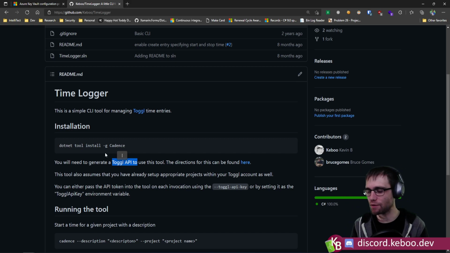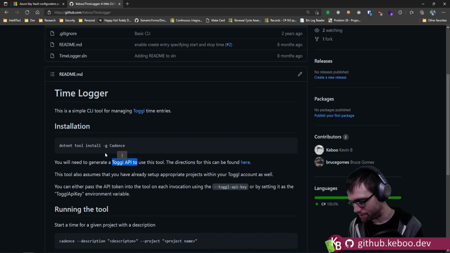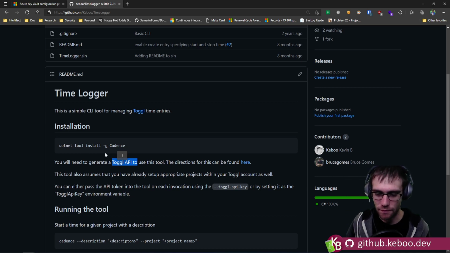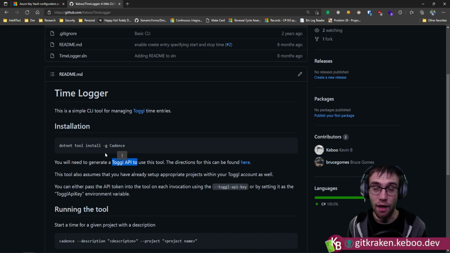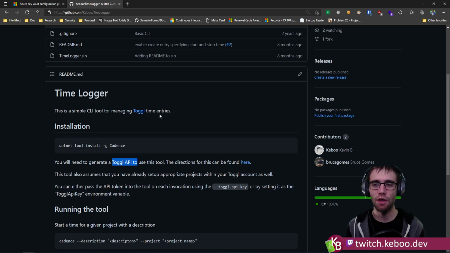So I bought this little 9-key. I took a 3D printer and printed custom keycaps. And this little 9-key is programmable. So I programmed it to upper function keys, like F13 on up. And then I used AutoHotkey to map those key presses into invoking my CLI app, which calls Toggl to